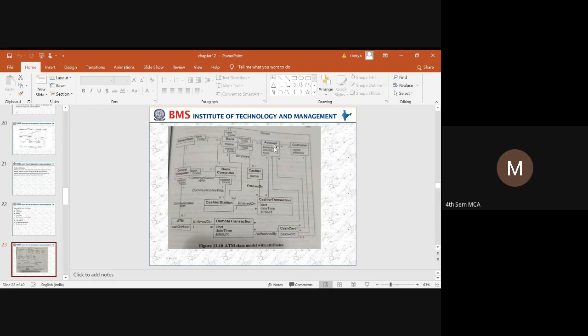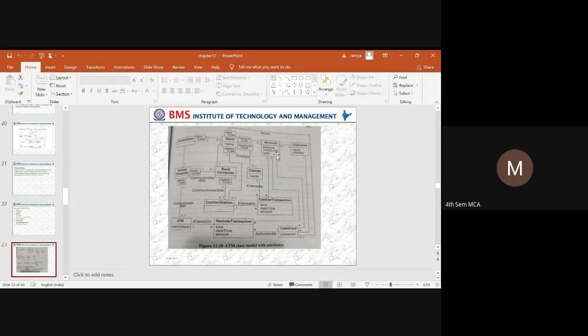So there can be different transactions that a customer can perform in a bank. When it comes to the customer class, the customer should have a name and an address. These are the two attributes in the customer class. So one customer can have n number of cash cards. To make a transaction with the help of a cash card, the customer needs to have a password. So it acts as security. That means one customer can have 0 to 1 cash card.